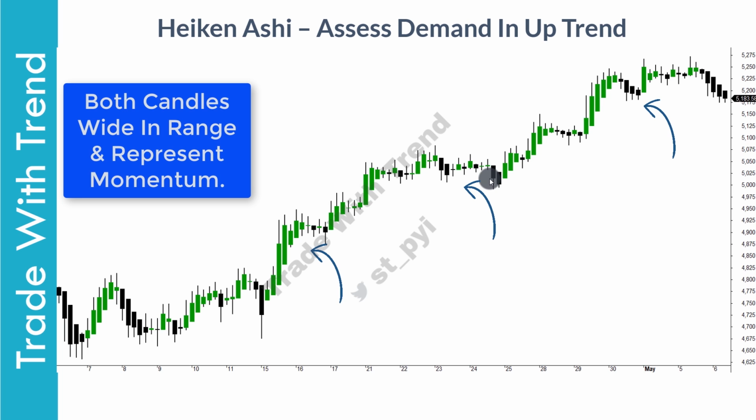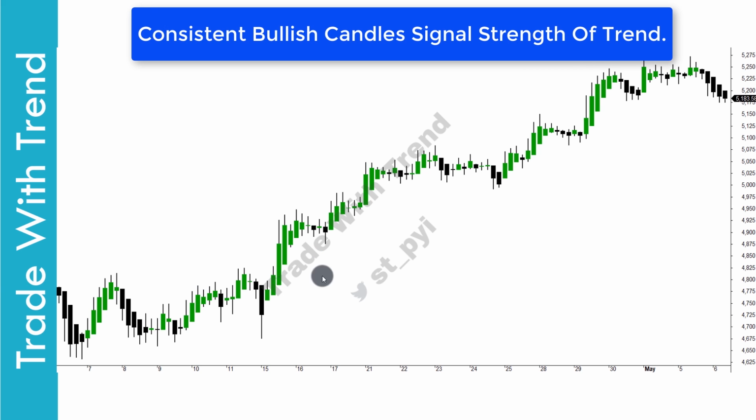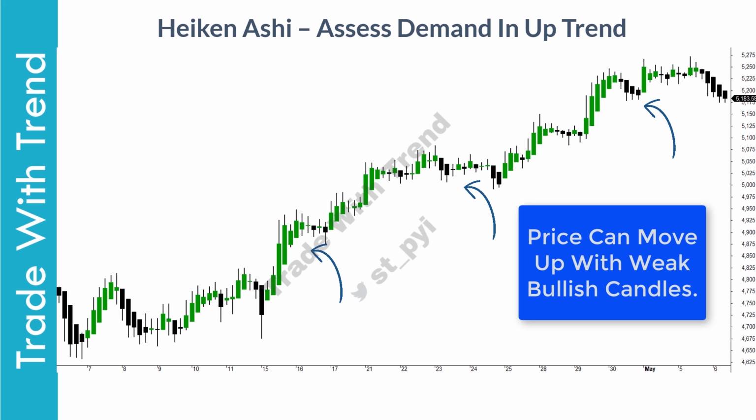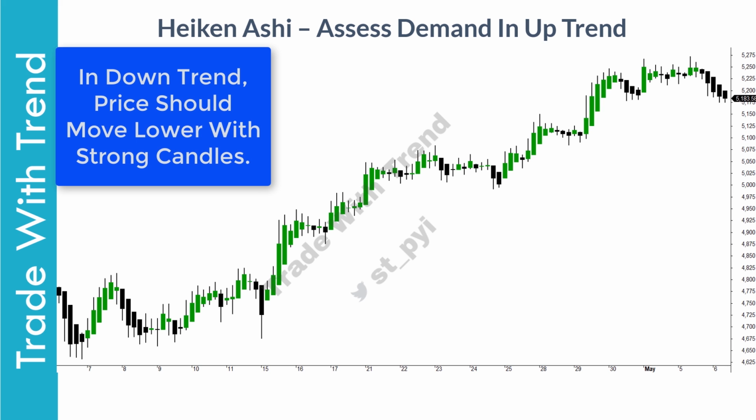Now, most of these candles are narrow range candles accompanied with indecision candles. Now throughout this chart, you keep getting bullish Heikin Ashi candles and weak bearish candles. Now look at all these candles here, all are weak in terms of range and momentum. Now while price is in uptrend, it is not necessary for strong bullish candles to show up consistently. This requirement though should be fulfilled when price is in downtrend.